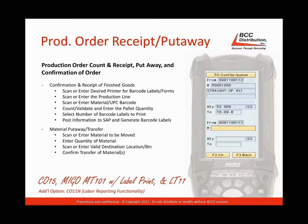They acknowledge the message, and now you'll see that we're actually being directed to put this product away. So what's happened in the background is that SAP has actually created the transfer requirement. That transfer requirement's been converted and created a transfer order. And we found the transfer order in the system, and so now we're automatically jumping into another transaction that we have on the RF called TO confirmed by Q. It's located that transfer order, and it's basically telling the user to take this product, the 52 cases,